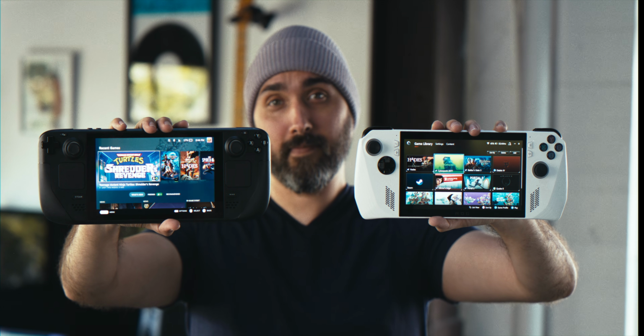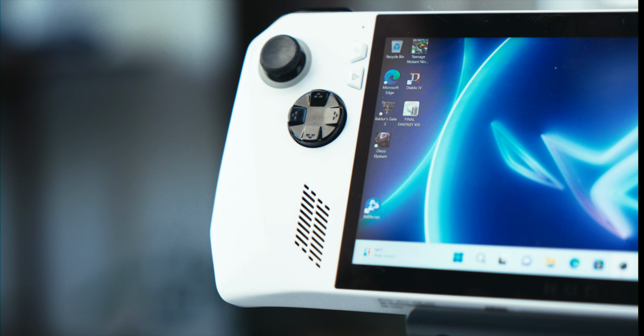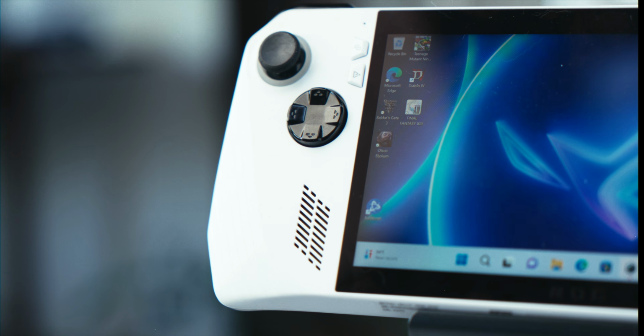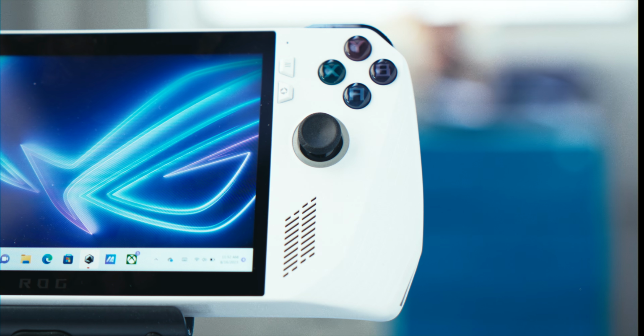Something I appreciate about the ROG Ally in comparison is that it does have what I would consider to be a more traditional button and stick layout. It is using an offset design similar to what you would see on an Xbox controller, but there's that sense of higher lower placement that you have with the D-pad and stick on the left, A, B, X, Y buttons and stick on the right, whereas the Steam Deck goes for a slightly more original approach with a symmetrical layout